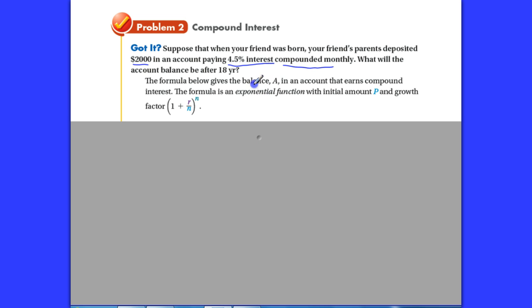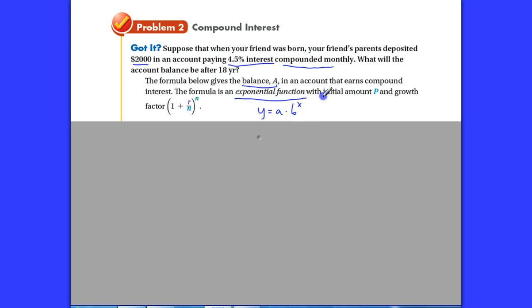All right, so A is going to represent the current balance in the account. The balance A in an account that earns compound interest. The formula is an exponential function. Okay, so exponential function, that goes back to the y equals A times B to the x. Now this strange looking equation really is the same thing as this y equals A times B to the